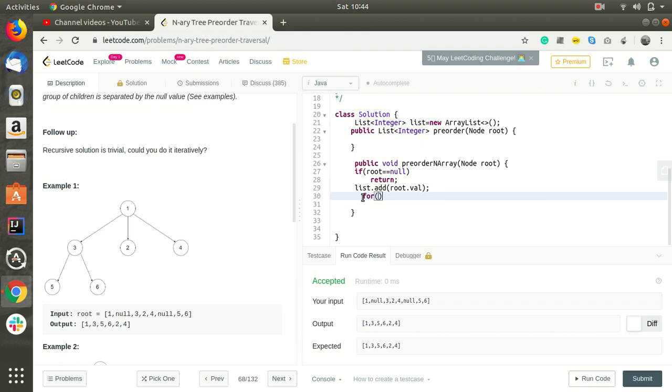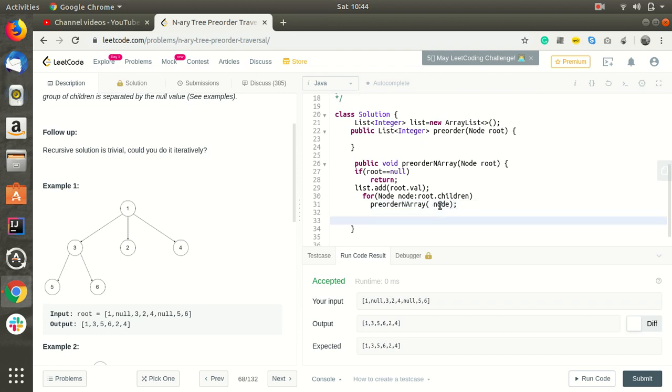For node in root.children, we'll again call this preorder function for node.